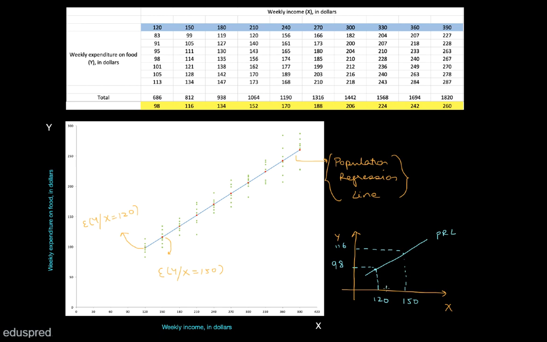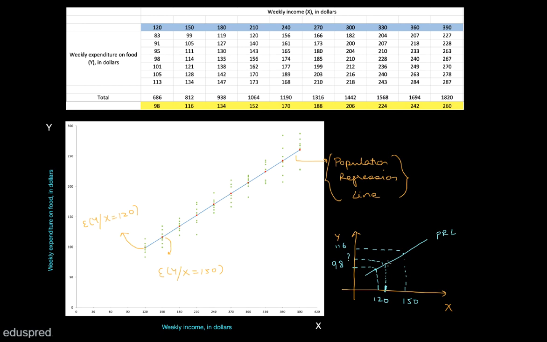So the question that I'm asking is: if I have X equal to 121, so let's say this point over here is 121, what is this value of Y over here? Well, if you have the equation of this line, you'll be very well able to answer this question, right? Because once you have the equation of the line, all you have to do is put x equal to 121 and you will get your average value of y. And once you get the average value of y corresponding to x equal to 121, you'll be able to see by how much it has changed. And this is what we wanted to achieve.